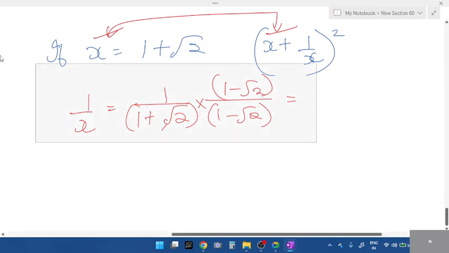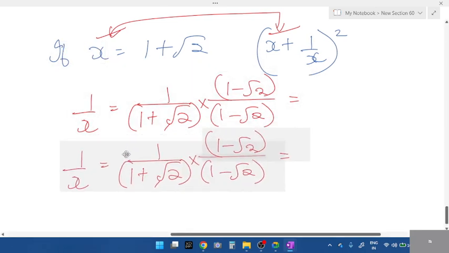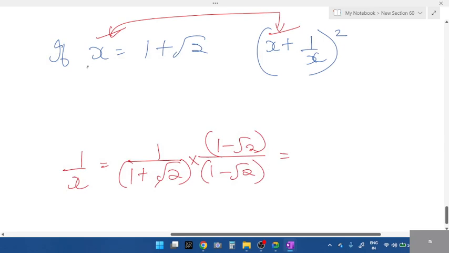Wait. Let me tell you all. Before writing this step, see, write it like this: 1 by x is equals to 1 by 1 plus root 2. Then you all can continue. Write it once again and start